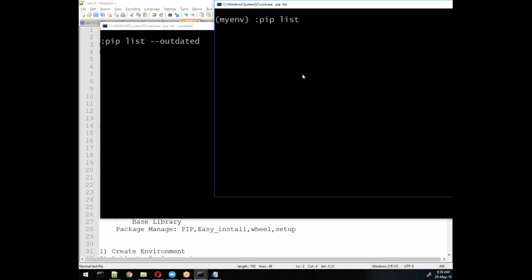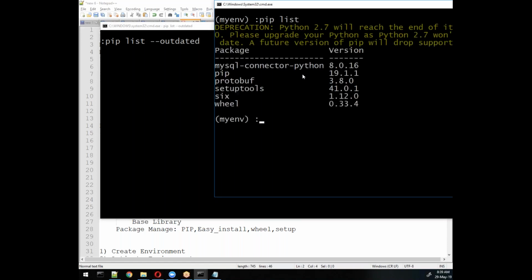Pip space list gives me the list of packages available in this particular environment. Requests is not available, so I will write pip space install requests. This is one package we use for interacting with the data network.